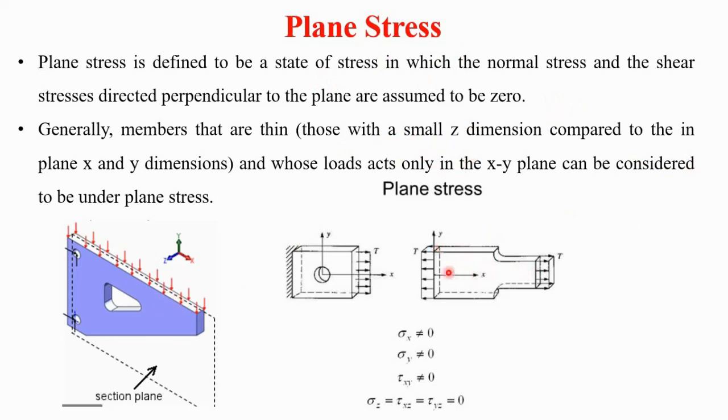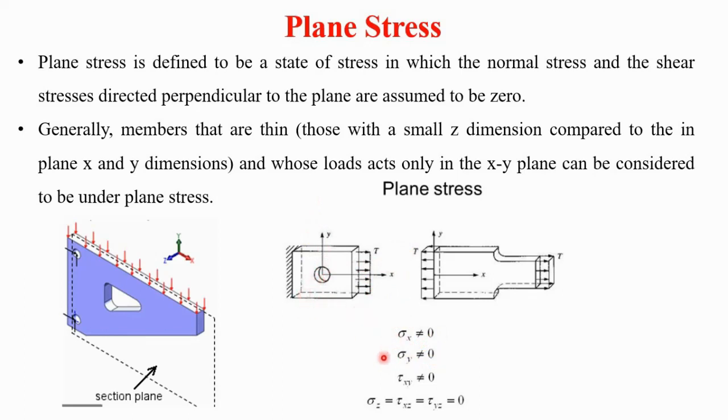So this is a plate having a hole at the center, and here some tensile loading is there along this x direction. Therefore some sort of stress will be there along this x axis. Sigma x not equal to 0 means there is some stress along the x axis. Sigma y is not equal to 0 means there is some value of stress along the y axis